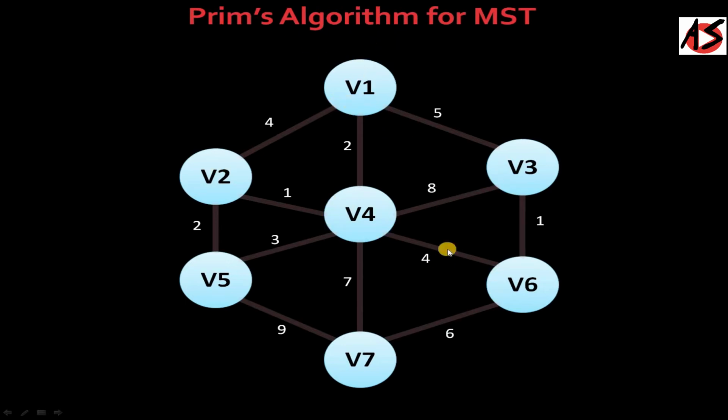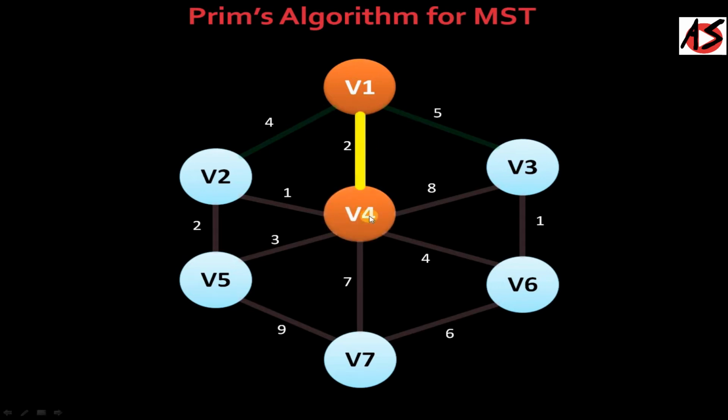Here we can start from any node, say V1, and then we start to construct our spanning tree. Once we select the node V1, we have three options. You can reach V2, V4 or V3. We have shaded these lines in green. You select the minimum weight among these three, so we select V1 to V4 with weight 2.